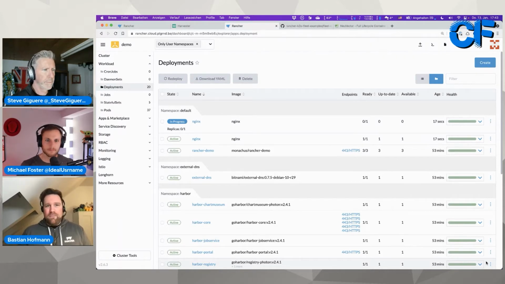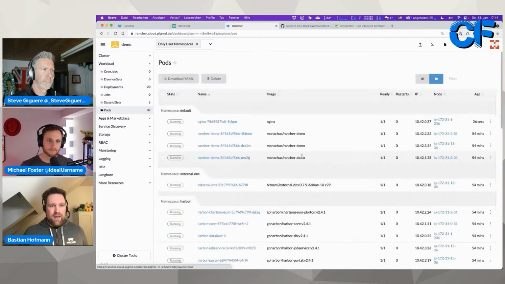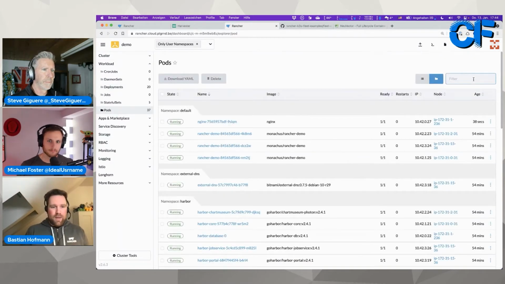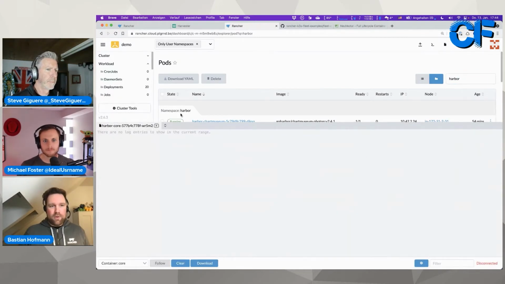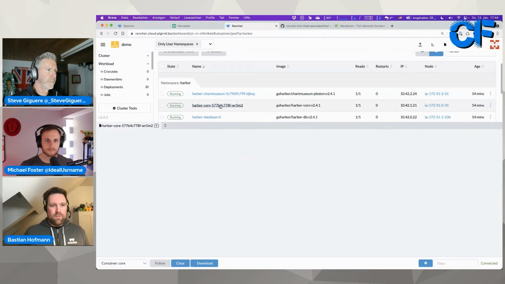Usually, privately, when I'm deploying something, I'm much rather using automation and CI/CD pipelines. But I found that such a UI is especially beneficial if I want to quickly debug something, because when something is wrong and I want to quickly go to the logs, it can be much easier to say, okay, let's look at all the pods. Oh, I have quite a few in there, so let's filter maybe for, let's say, the Harbor pods I have in here for my container registry, and then I can quickly look in here, have a look at the logs. Okay, this one